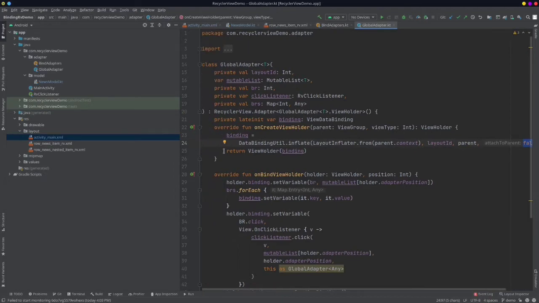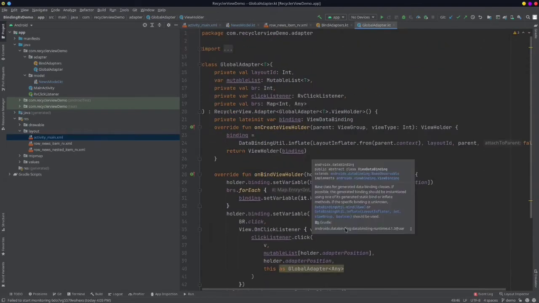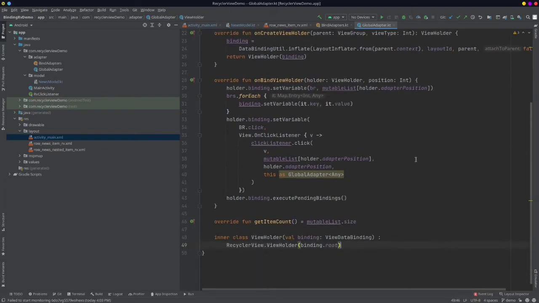Then I'm just returning my view holder, which is my inner class here, and it accepts my ViewDataBinding as a parameter, and I'm simply returning binding.root view. This is how the onCreate method is working. And now let's move to our onBindViewHolder.